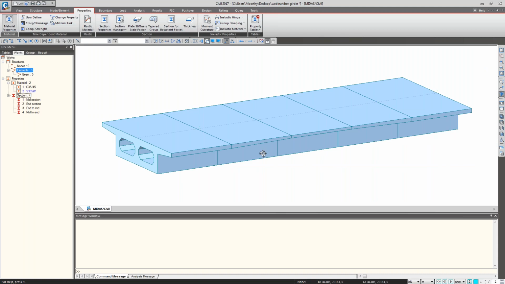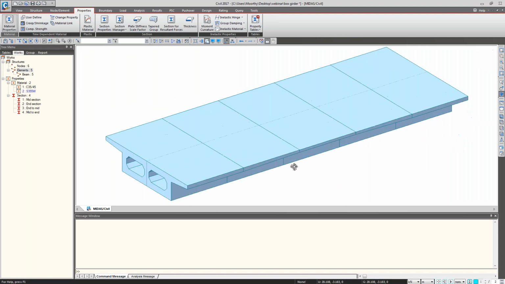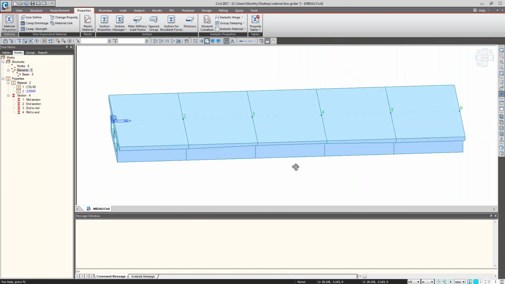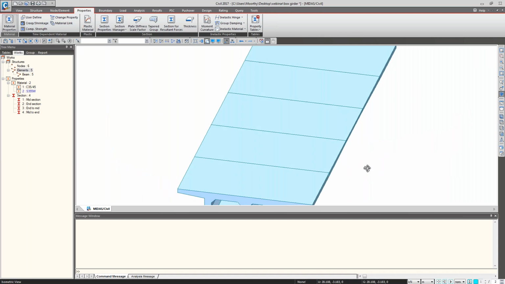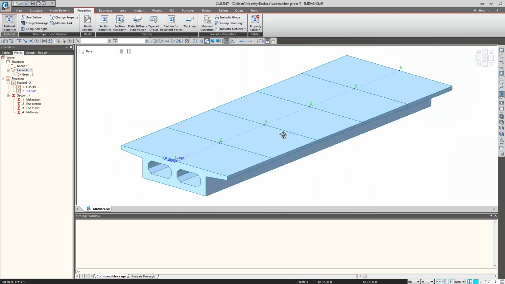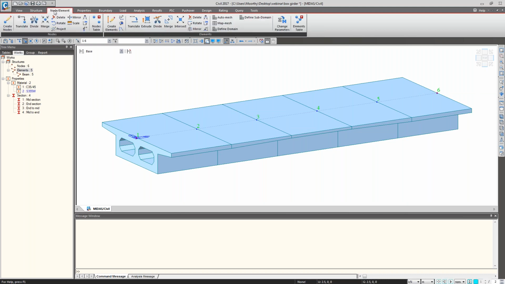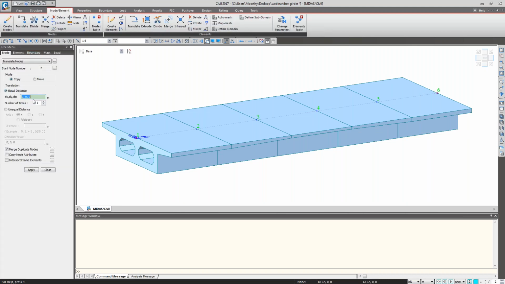So this portion is defined. And next is a support condition. We have to provide the two bearings on each side. For that, I am just copying these two end nodes at the distance near the outer web, mid of outer web. So I'm going to node and element and translate, and translating with the distance of y